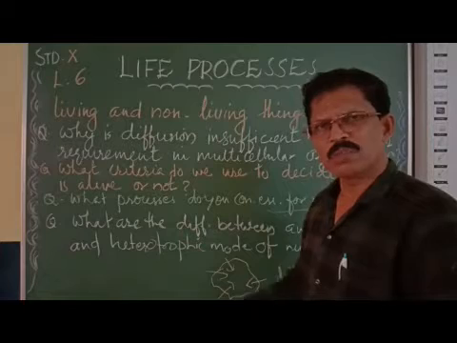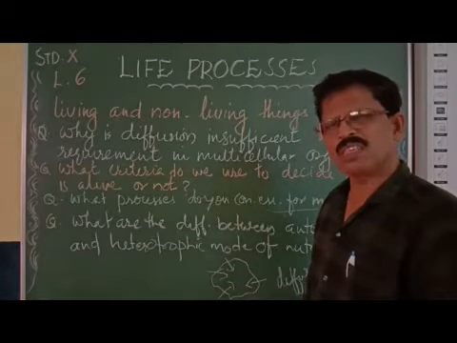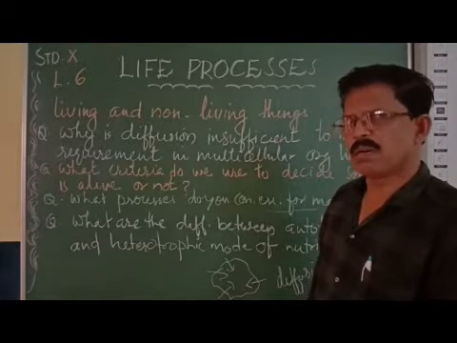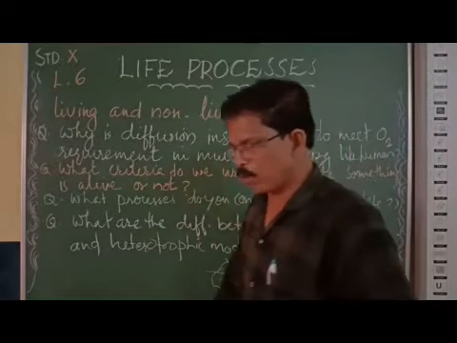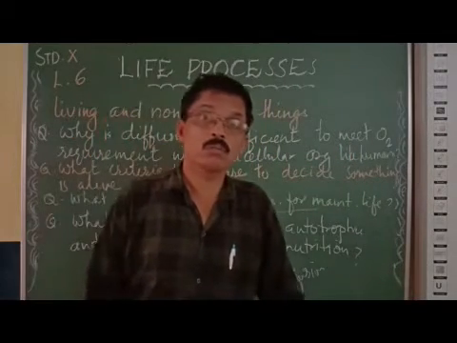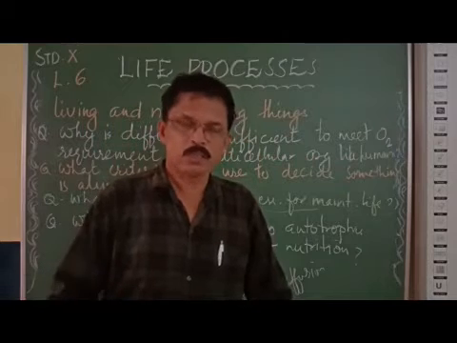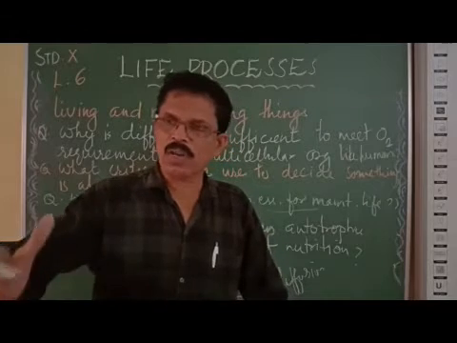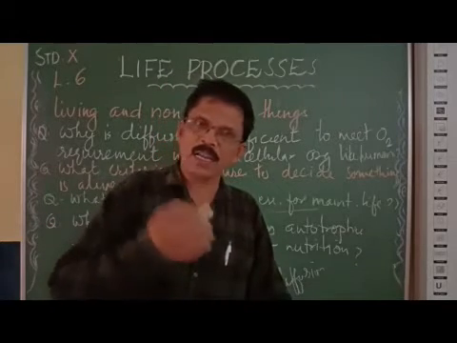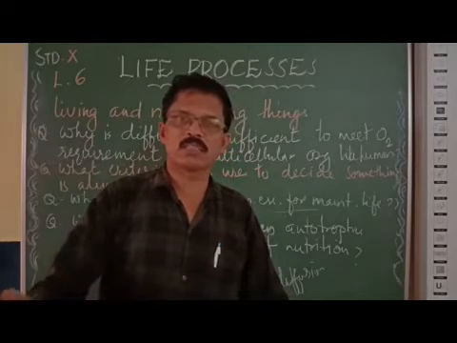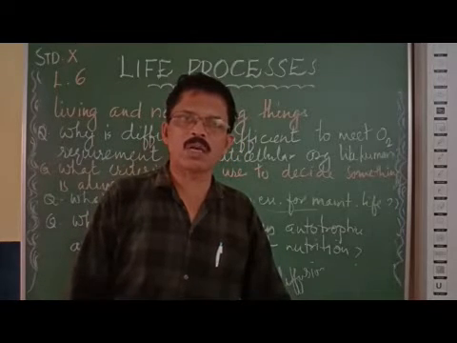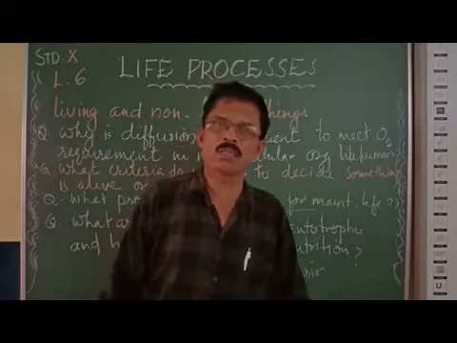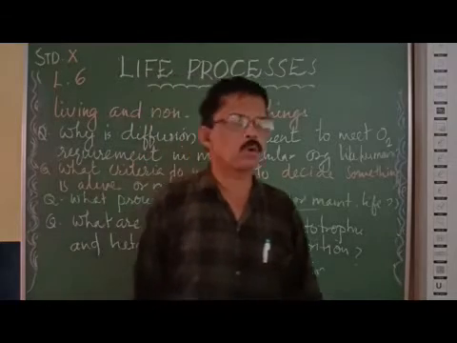That much food is enough, that much oxygen is enough. Diffusion is a very slow process, but it is enough for unicellular organisms like amoeba. Whereas in multicellular organisms like human beings, diffusion is a very slow process. Our body has different types of cells. Only the outer cells are in contact with the environment, but the internal body cells are not in contact with the environment. So diffusion cannot allow oxygen and food to enter into our body, since in a multicellular organism there is a large number of cells and not all cells are in contact with the environment.